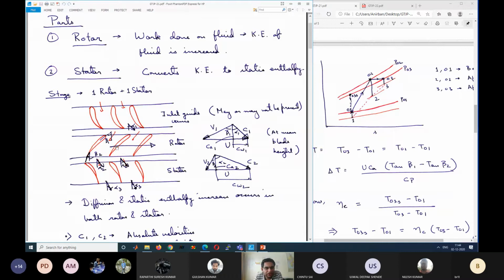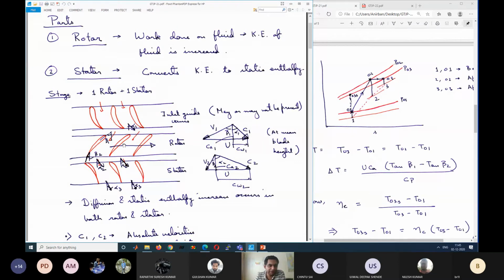If you are sitting on the rotor, then with respect to the rotor it will seem like everything is static, because you are moving with the rotor. So from your point of view, the rotor just acts like a diffuser. Flow comes in with velocity v1 and goes out with velocity v2, just like the stator, but it is rotating, and you cannot notice it because you are sitting on the rotor.